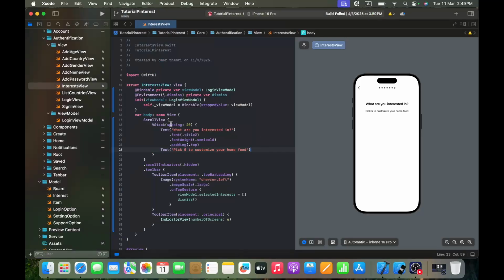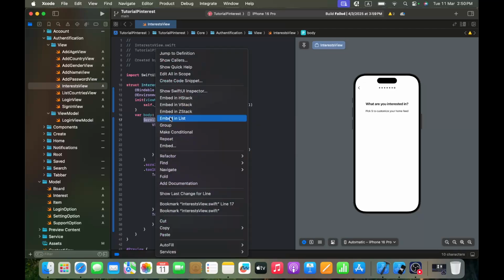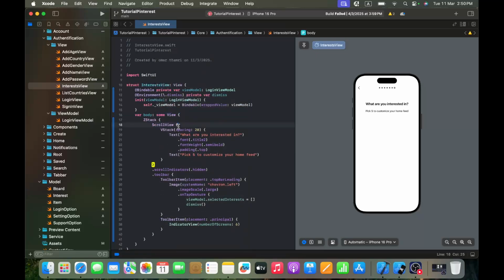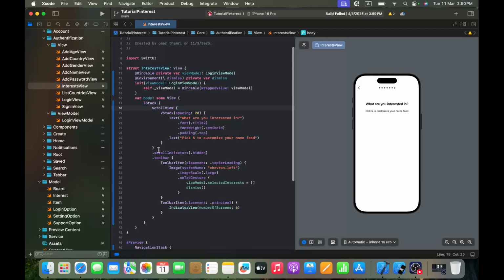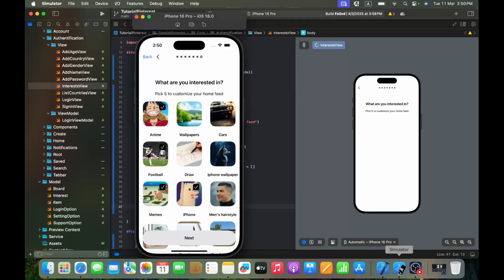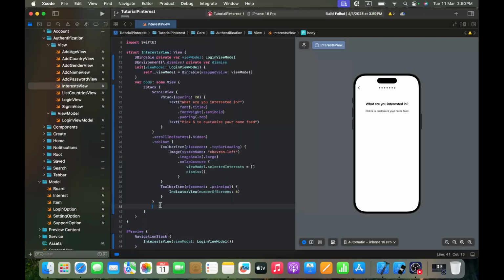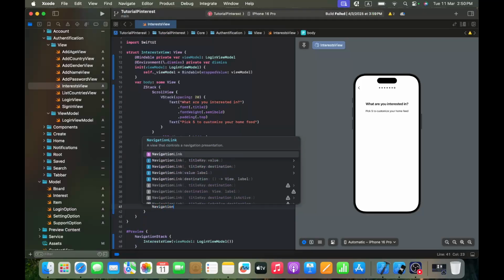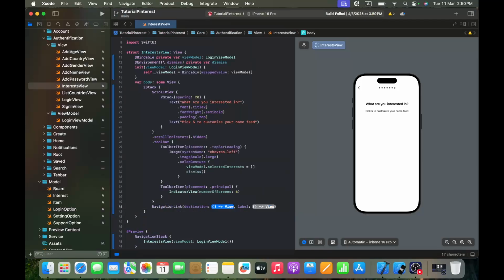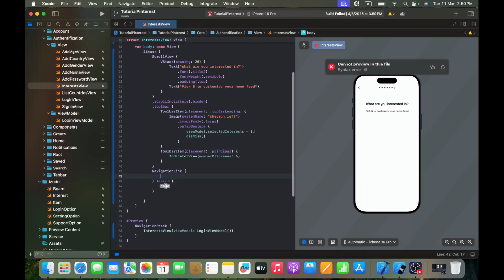So as you probably have guessed, we need to place our scroll view inside a Z stack, so I need to embed inside the Z stack. Okay, and above all this, I need to have this button, so, or I think it will be a navigation link, more likely, so navigation link with destination and label, and for label it will be text, next,